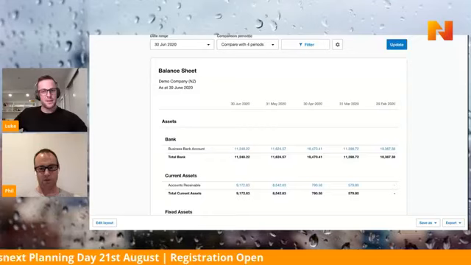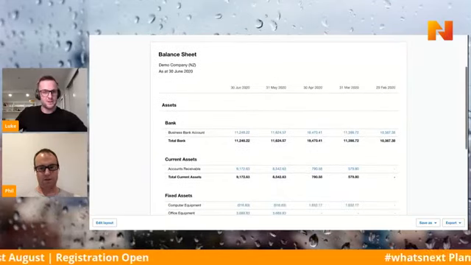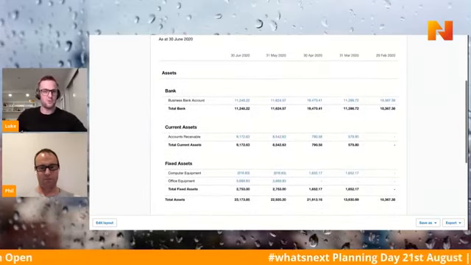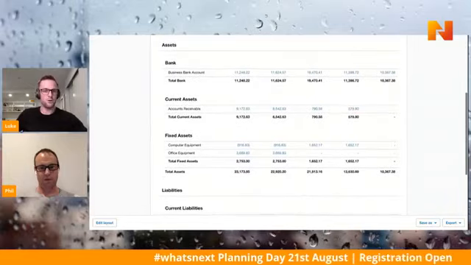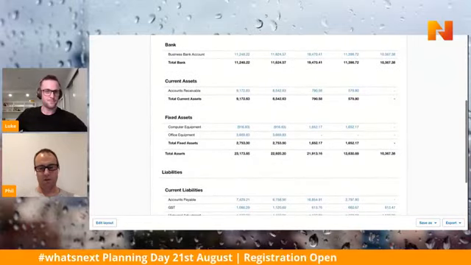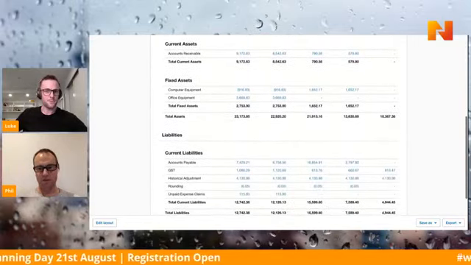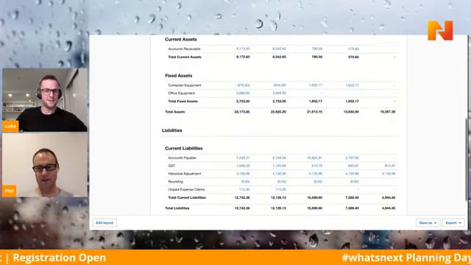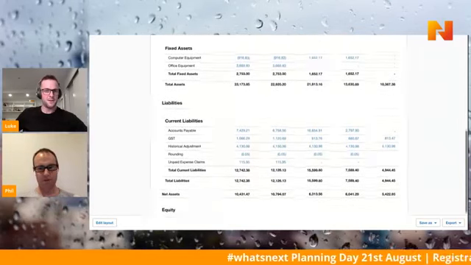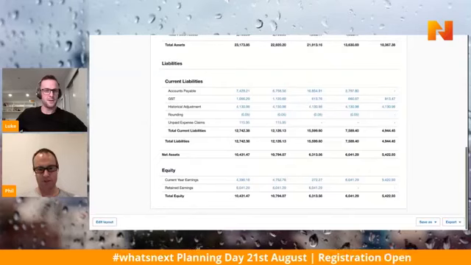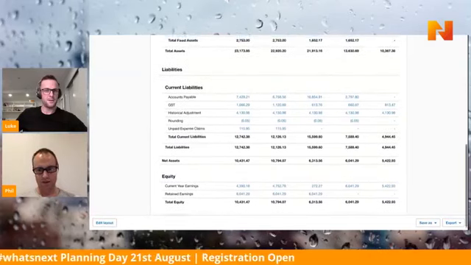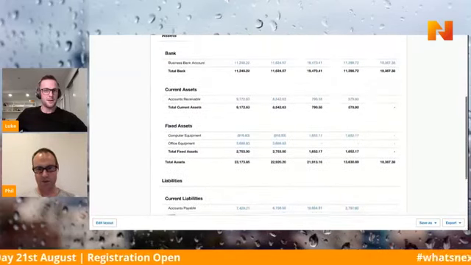So this is obviously what Phil's pulling up here, your balance sheet, and he'll talk us through very briefly what you're looking at there. The old demo company balance sheet's always an interesting one, and it's like a bit of a lolly scramble. You don't know what you're going to get because Xero changes the data every month. So the demo company,